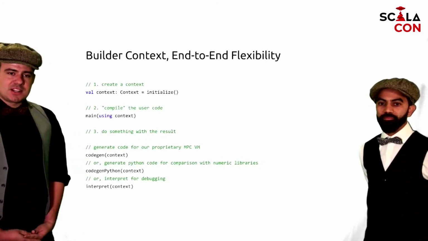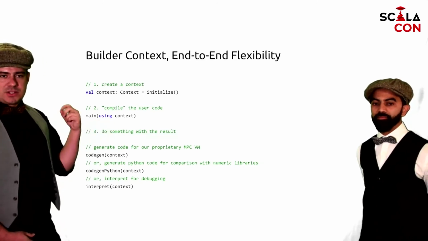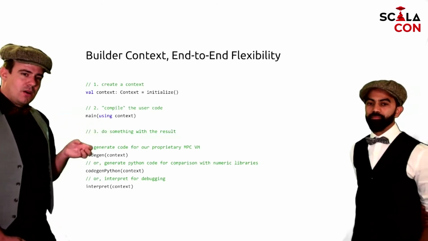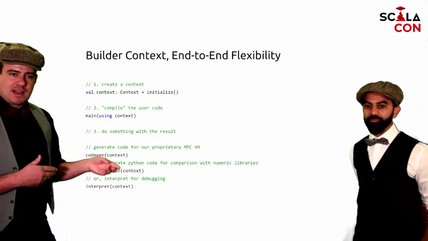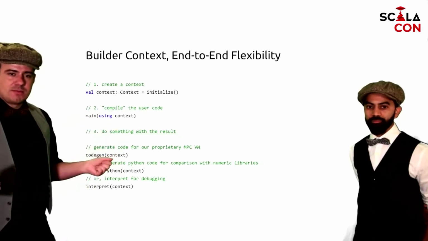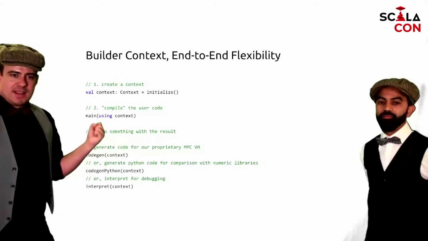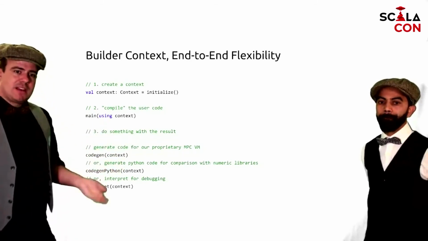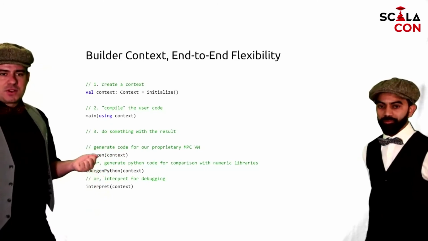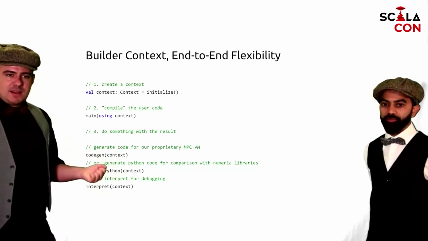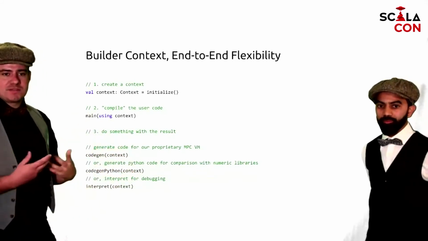It really gives us a lot of flexibility. If we assume we create a context, which again will be very highly dependent on the use case, the compilation, which used to be where we would invoke an actual compiler for the external language, now just amounts to calling a function and passing in that context. Yet we still get all the same flexibility we had from the external DSL. We can do different things with this context. For example, we can generate some instruction set that targets our proprietary MPC VM, which is very efficient.